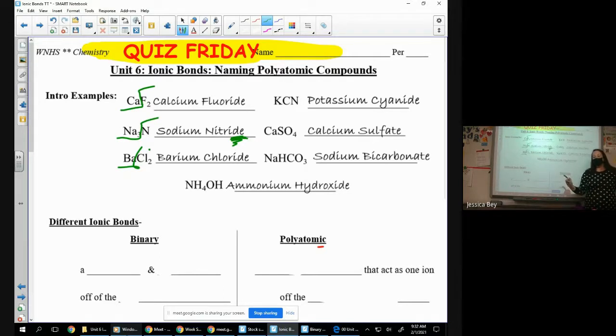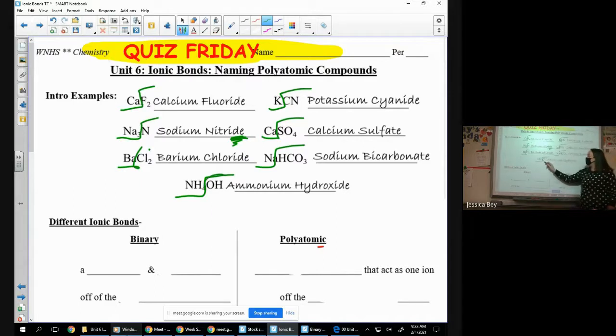There is another type of naming, though, in chemistry that's called polyatomic naming. So let me start over here on this one. You're like, wait a second, there are 3 of them. Where do we chop there? This is called potassium cyanide. This one's called calcium sulfate. Interesting. Then we have sodium bicarbonate. And you're like, oh, so you must just cut off the first one and then wait a second. This one's called ammonium hydroxide. Very interesting. So what you have to have is you have to have the sheet with information about these things